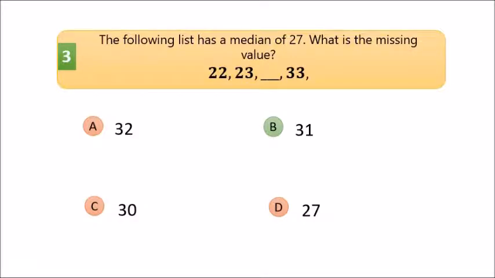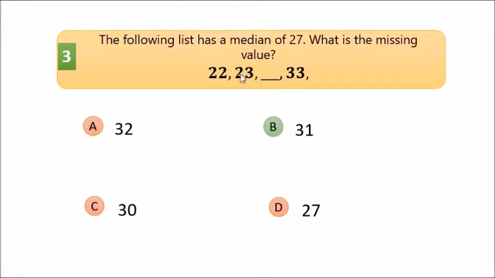The median is the middle value. Now, this list has 4 numbers in it. So if these numbers are in order, the middle value would be in between the second and third value. Alright? Which would mean that the next highest number, because you have to have an ordered list, the next highest number would have to be